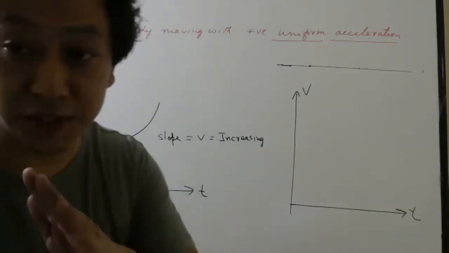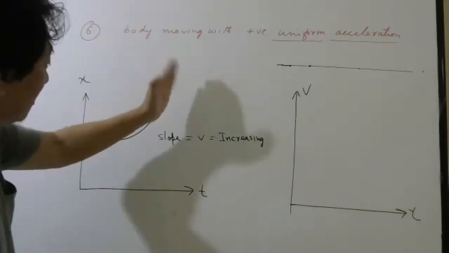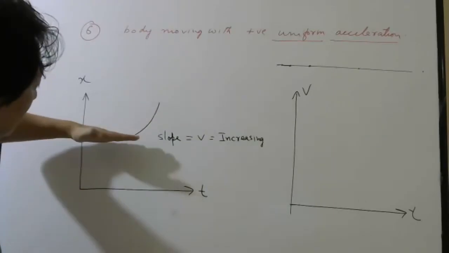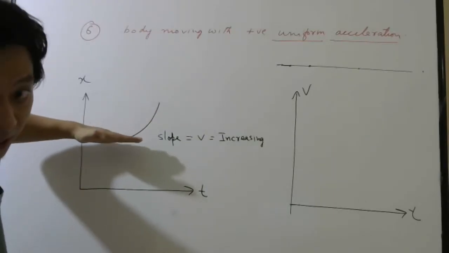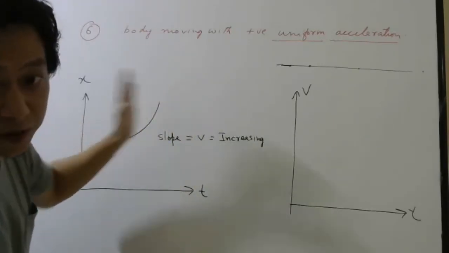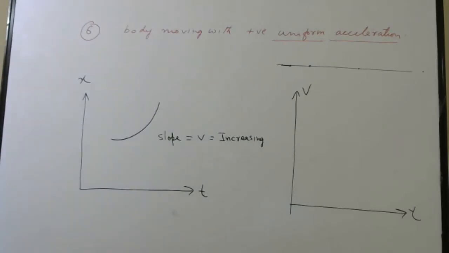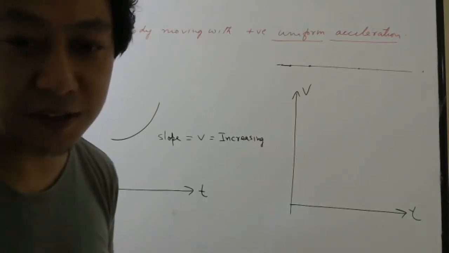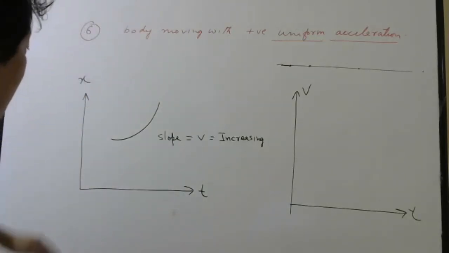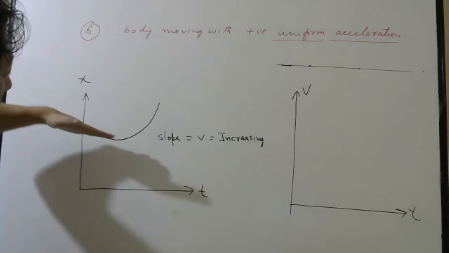It cannot be a straight line. It has to be like this. Here the slope is less, and here the slope is more. Everybody understood? You cannot draw a straight line now. If you draw a straight line, you will get 0. You can draw it actually, but you will get 0. Slope should increase.